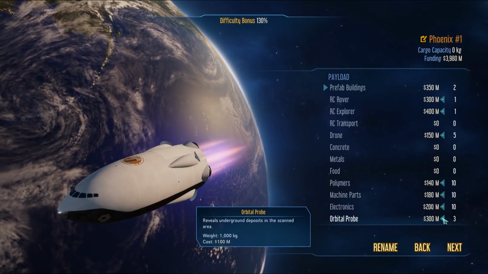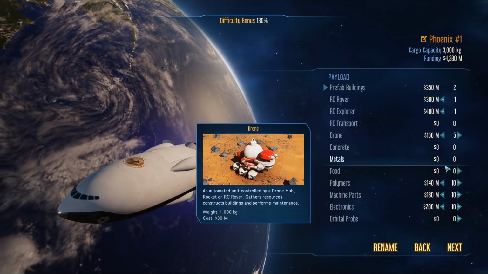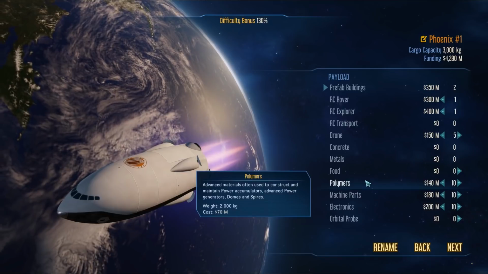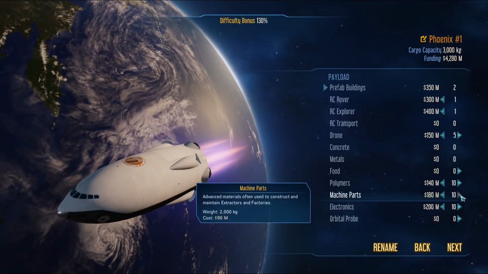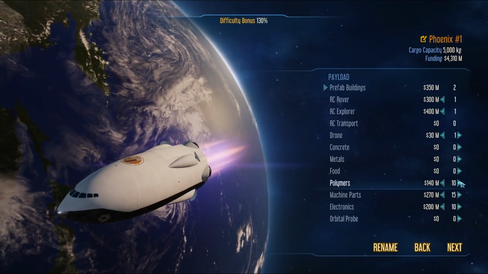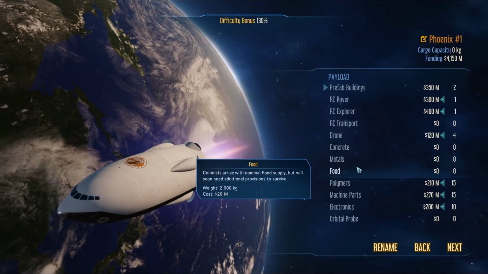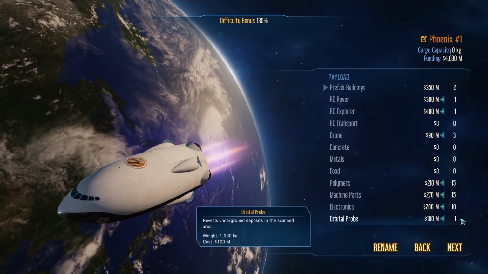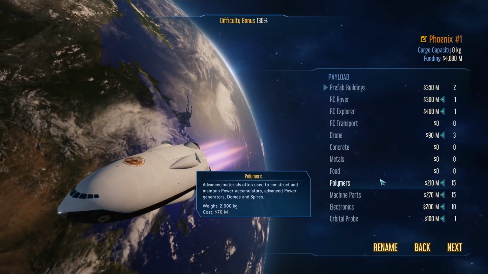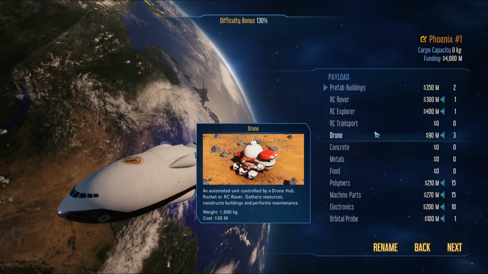Orbital probes. I could get them later, maybe. They are important, but I get them on a different rocket. So let's get more machine parts. 1,000 left. How much for? Okay, I'm thinking that for the start. Maybe one orbital probe. Okay, so we got 2 prefab buildings, 2 rover types, 3 extra drones to do the work,